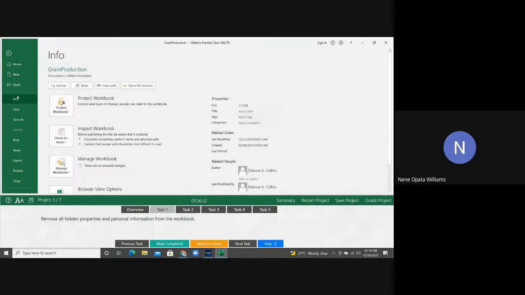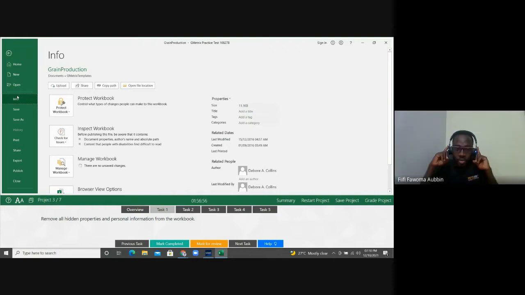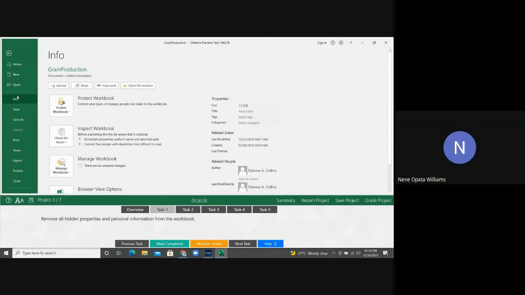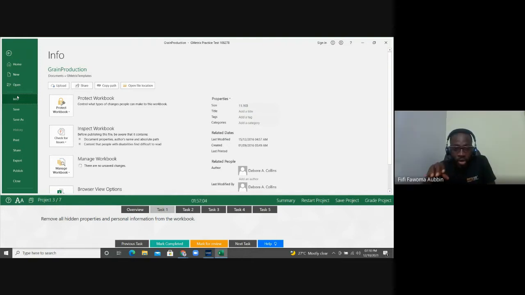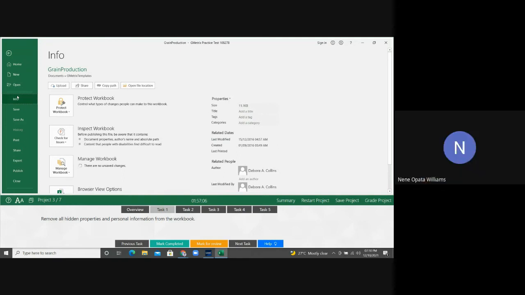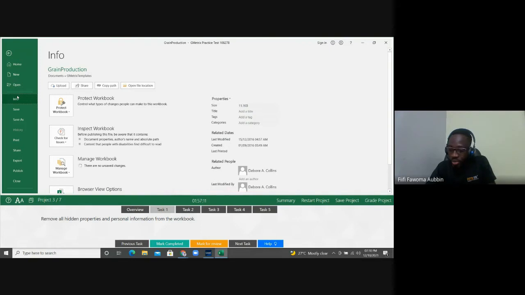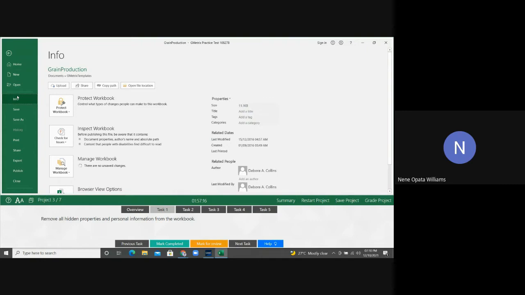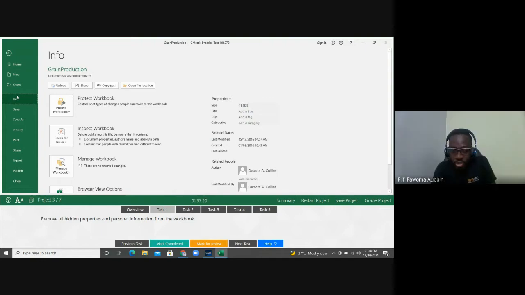Then where do I go? You open the drop down. Then you clear the information there. No, where do I go? Properties. You go to properties. Are you sure? Check for issues, because we need to check for the issues, then we can remove the hidden